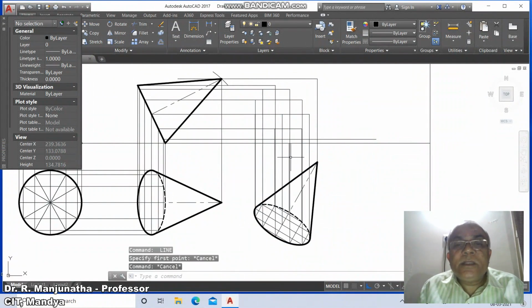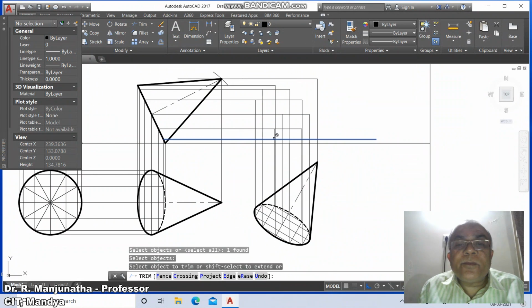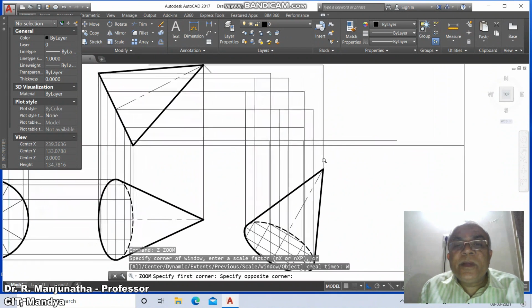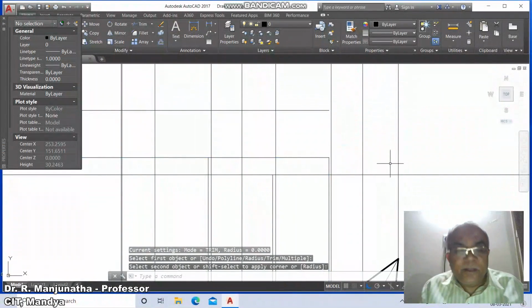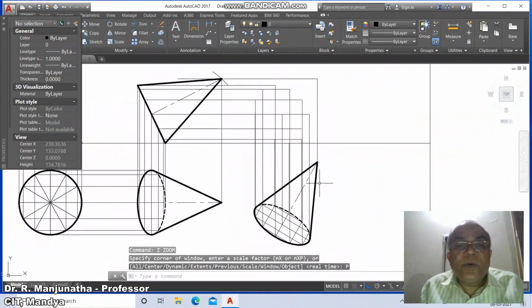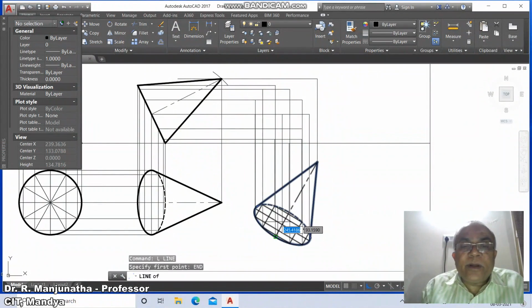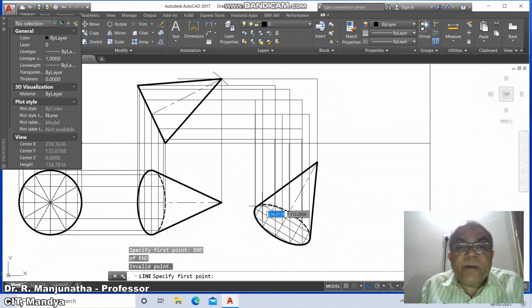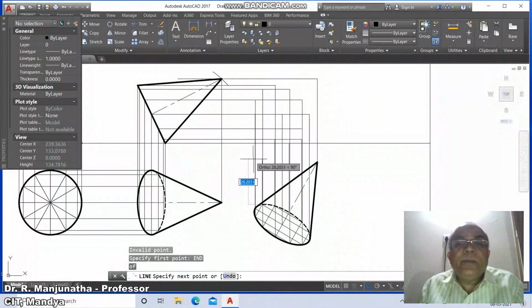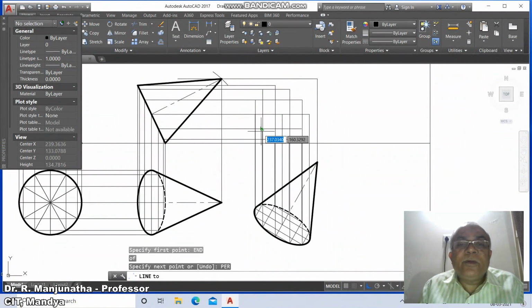So here it is trim between these two, so this line, and in this case you have this line, and then go to zoom window, take fillet between these two, then go to zoom previous, then go to line, so here which is line, take endpoint of this, take end of this and draw perpendicular to this line.